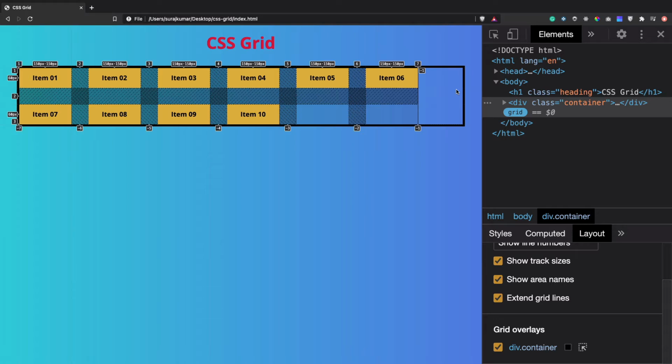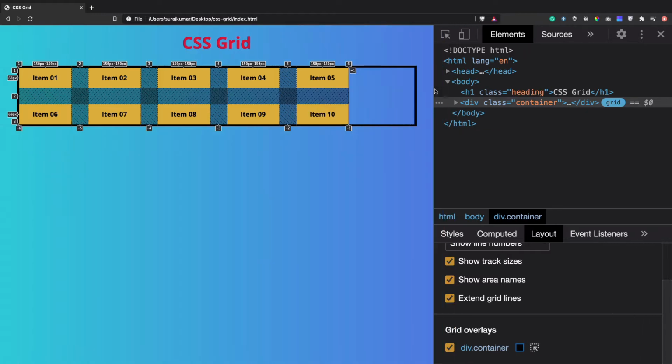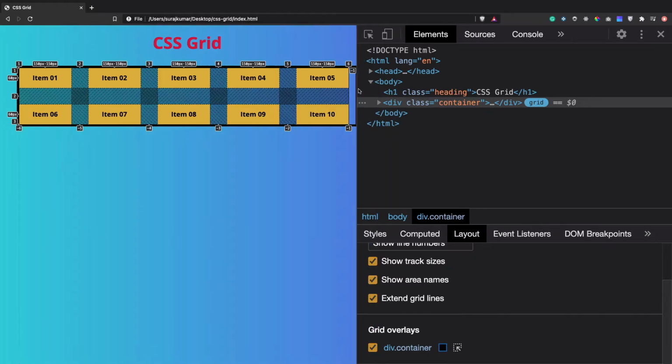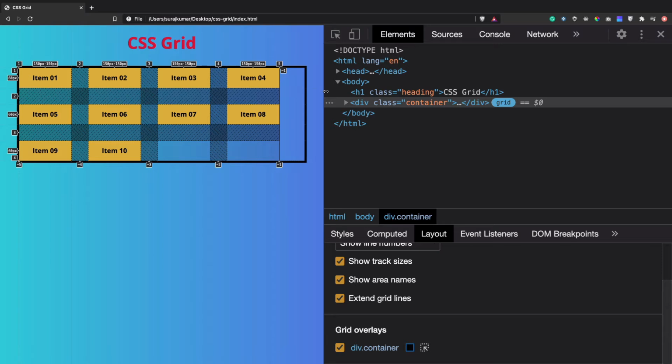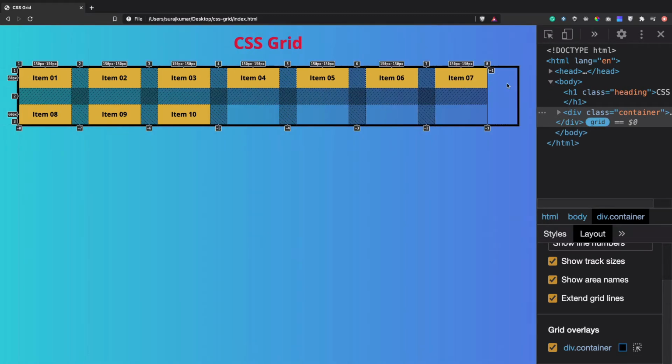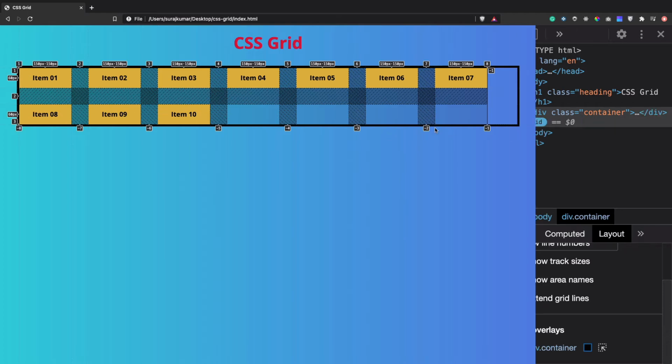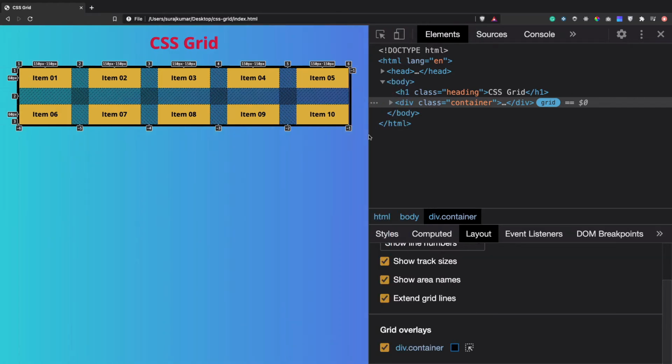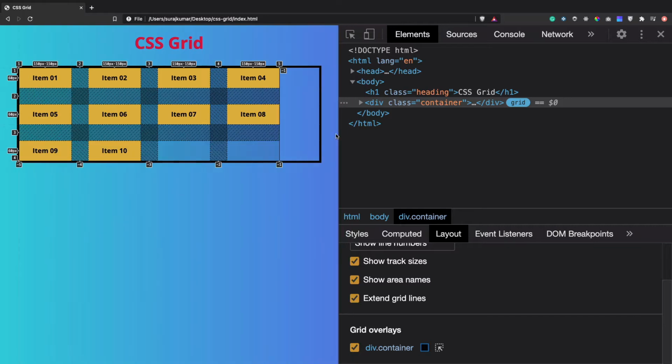Okay, perfect. So now here we have a different number of columns depending upon the size of the container as well as the column width. If you reduce our page size, you can see automatically the items are getting pushed down. That is autofill. So whatever the number of items it can fill at one time, it is filling inside the container. If it does not fit inside the container, it goes automatically down. So you can say this is kind of responsive or adaptive. This will help us to reduce our media queries.